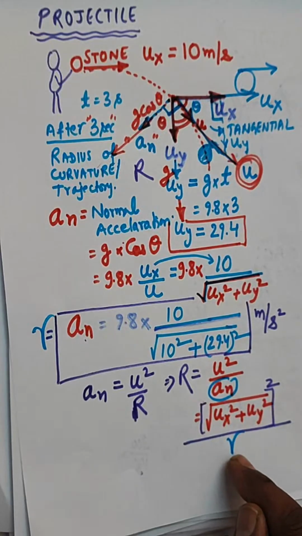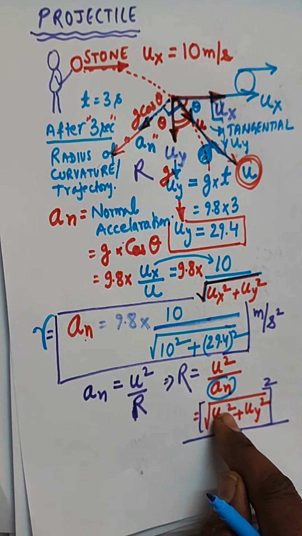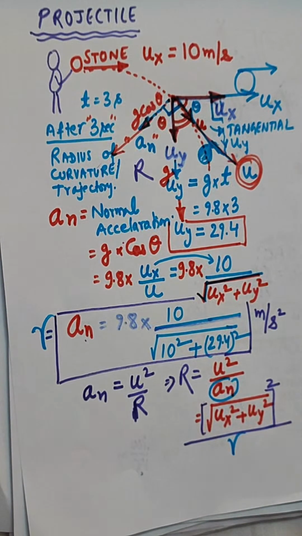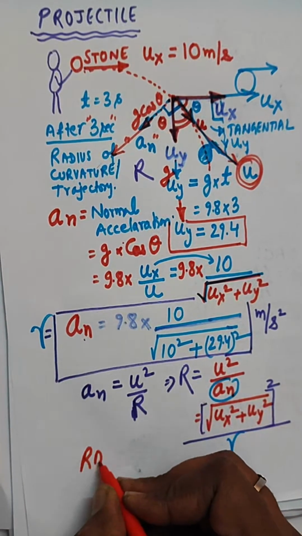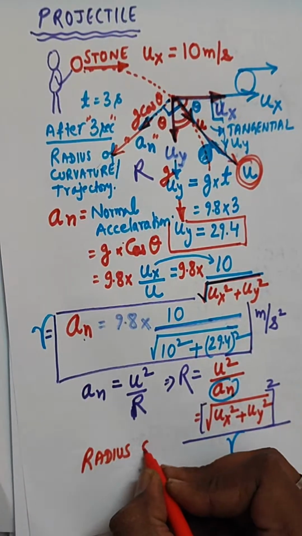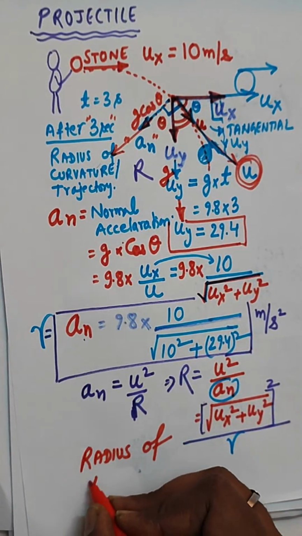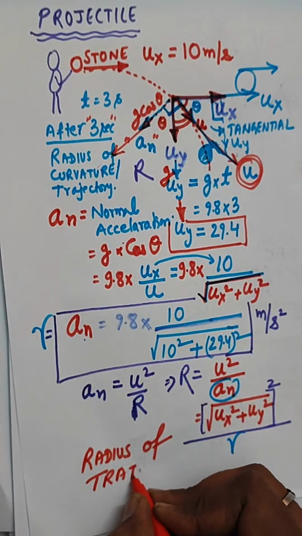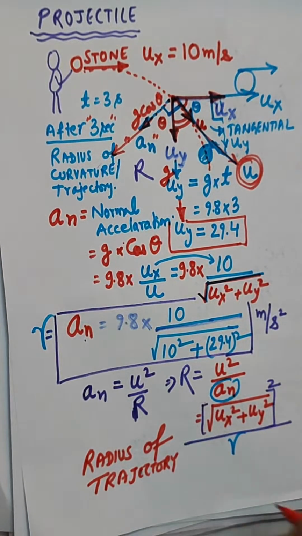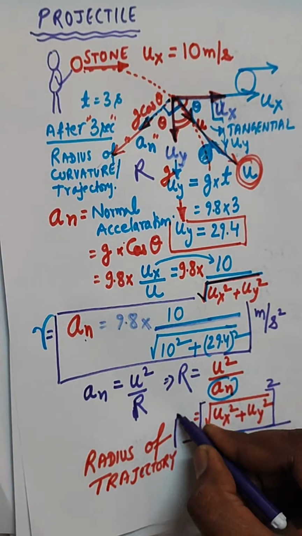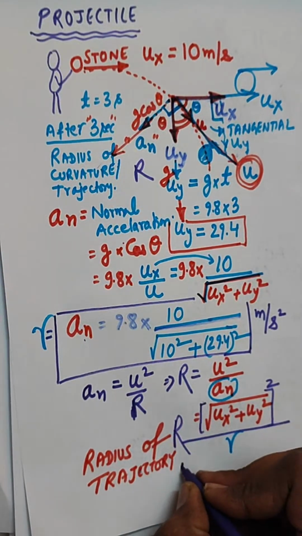I just put the number over here. You know the value of ux, right? So the radius of curvature of the trajectory, which is equal to r, is given as